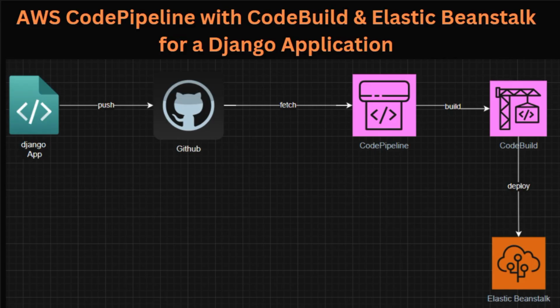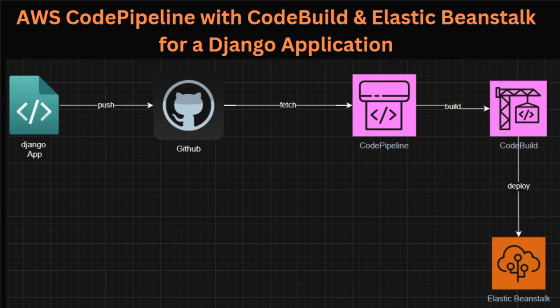In this pipeline, CodePipeline will fetch data from GitHub, and CodeBuild will build that data based on the script that will be provided. Once that stage is successful, it will trigger deployment to Elastic Beanstalk. Every time there's a code change on our application and a push or commit happens to GitHub, it will trigger the pipeline over and over again. CodePipeline would fetch the data, CodeBuild will build, and the deployment would be done on